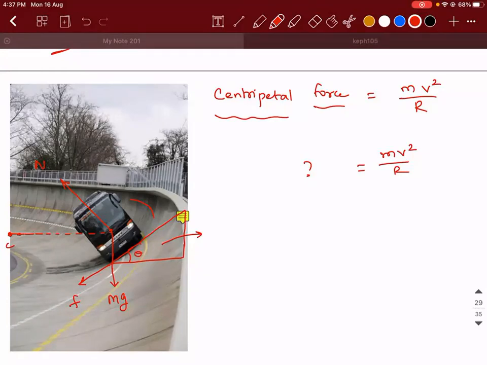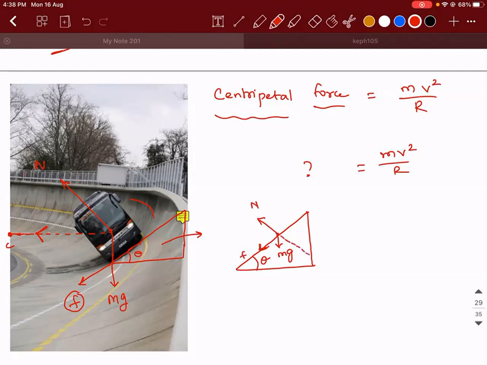It cannot be friction alone. Why? Because observe, is friction acting towards the center in this context like how it happened in the previous case? No, right? Since it is not acting, I need to find out what is the force acting in this direction. I have told this to you guys already. I'm doing two resolutions, guys. Observe, if this is theta, can I say this is mg, this is n, and this is friction?